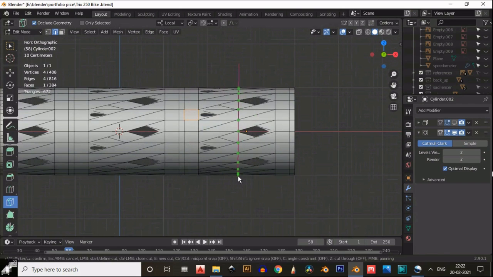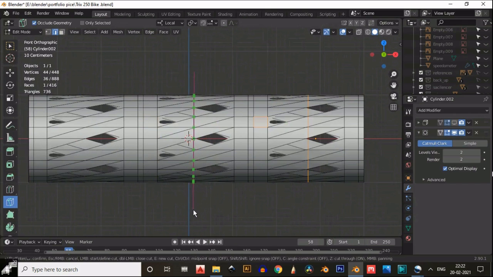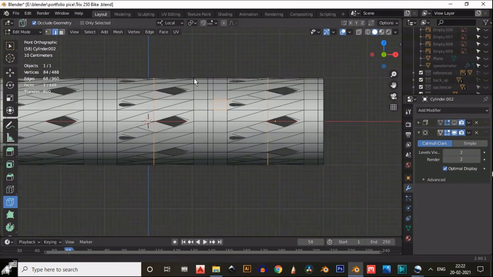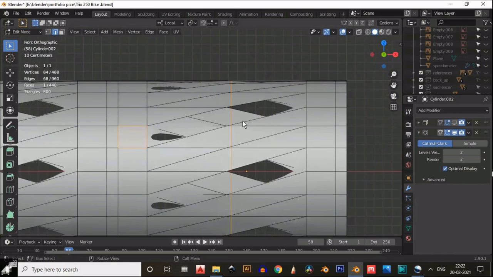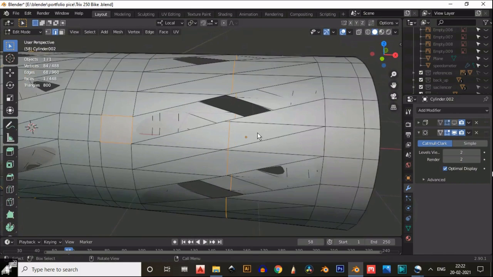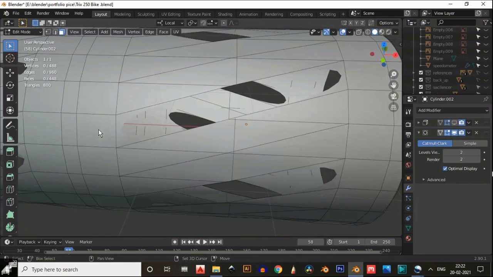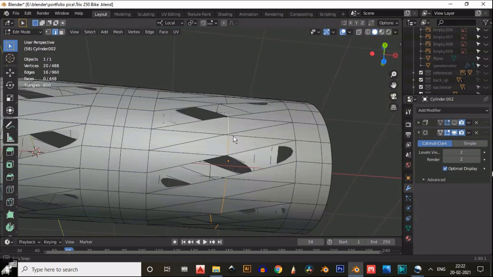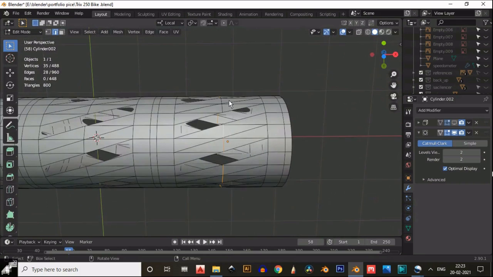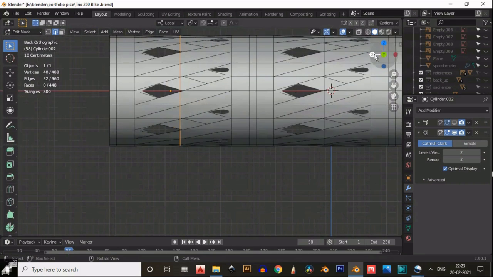Now take the knife tool and add a cut like this. Select this cut or loop cut